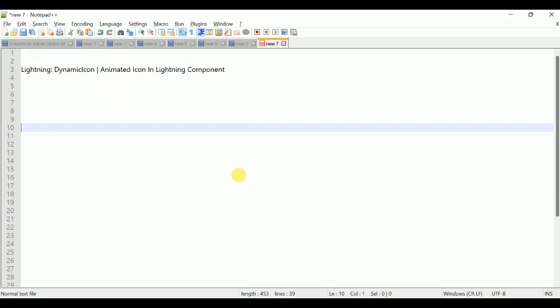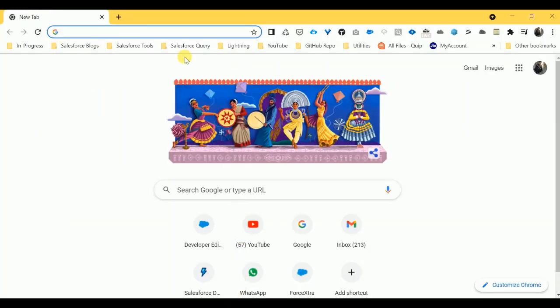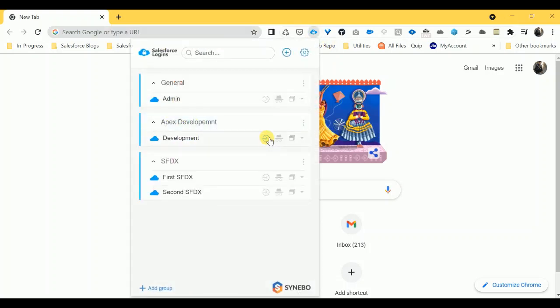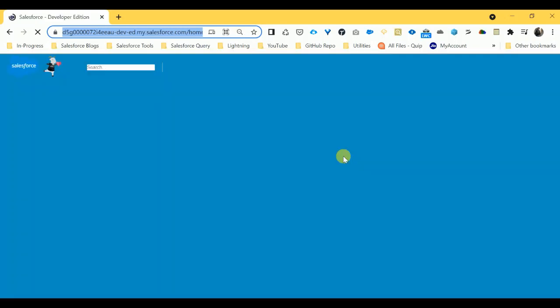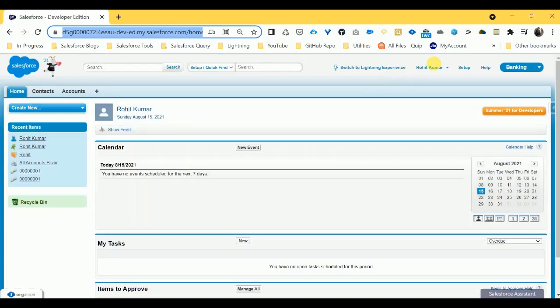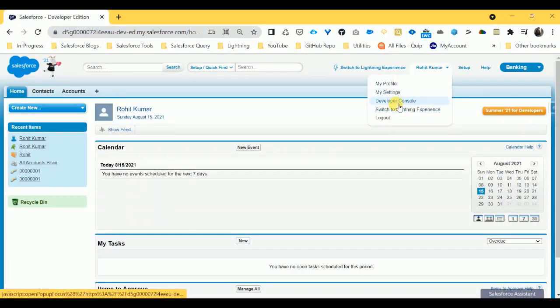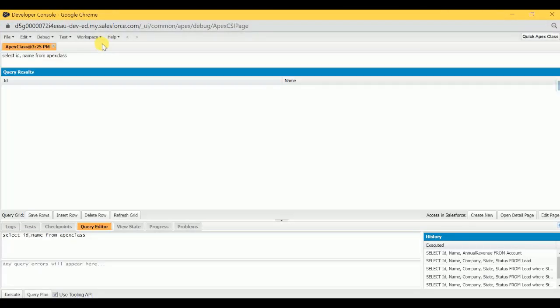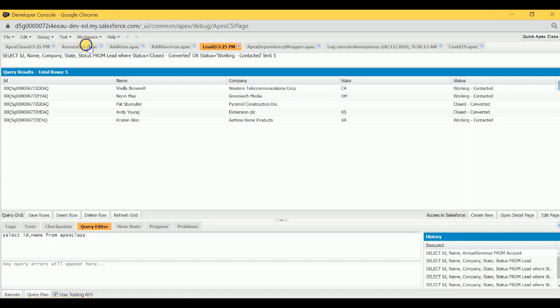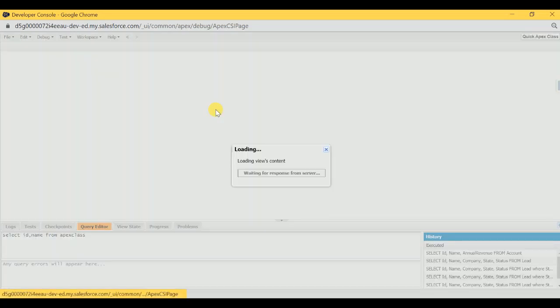Let me log in to my org. And after that you can see I just logged in. First of all we need to open developer console. Once you open developer console, you have to close all tabs for now because I don't need them.